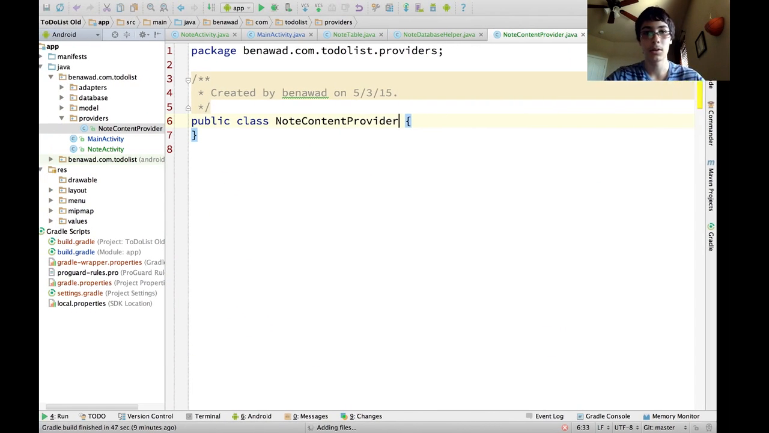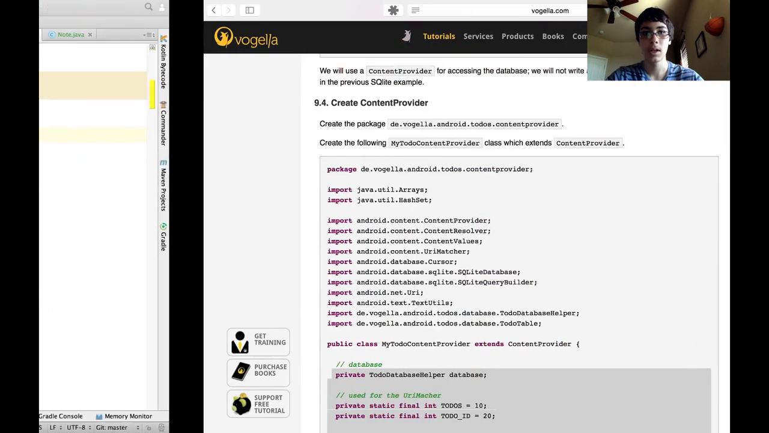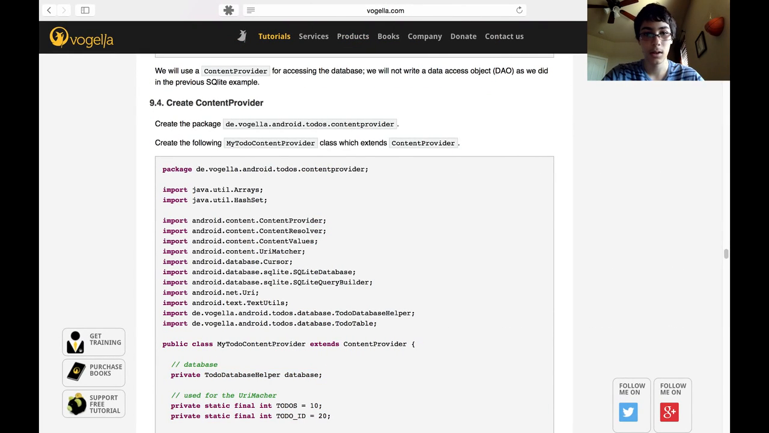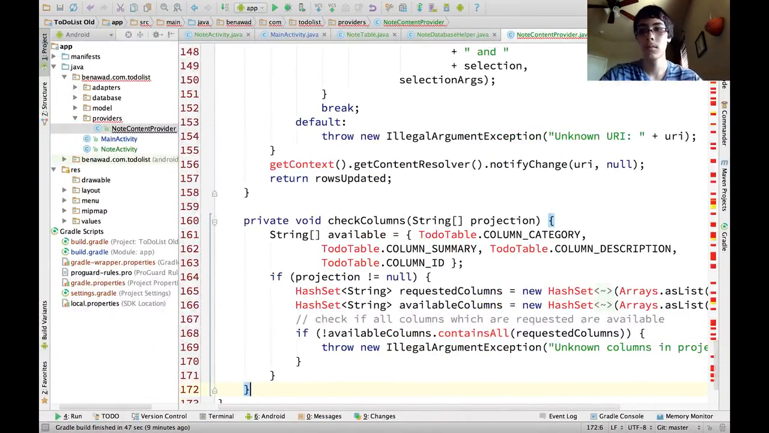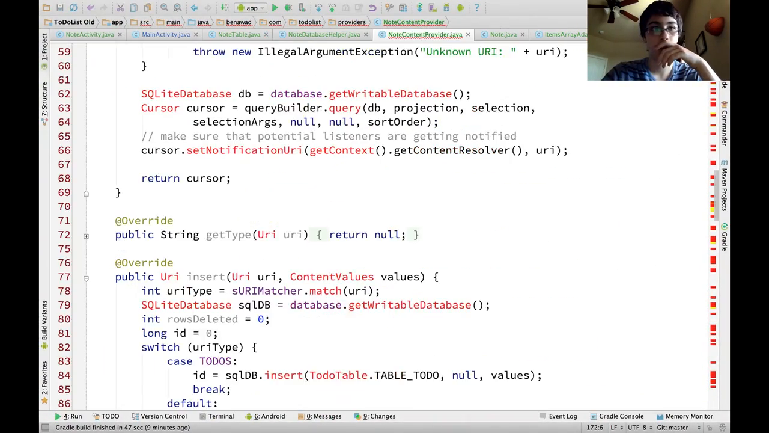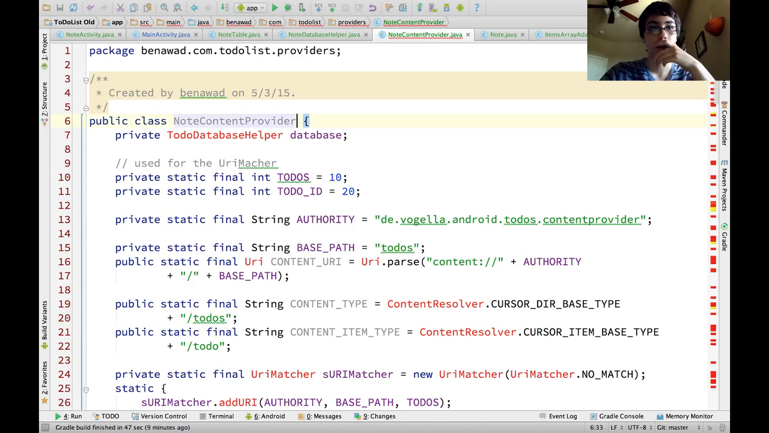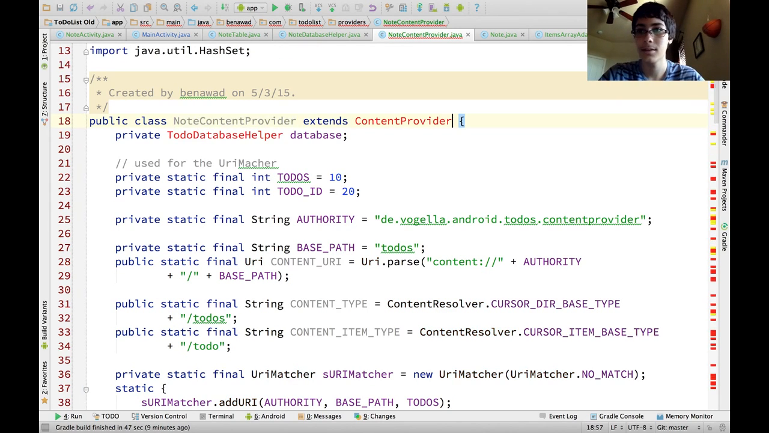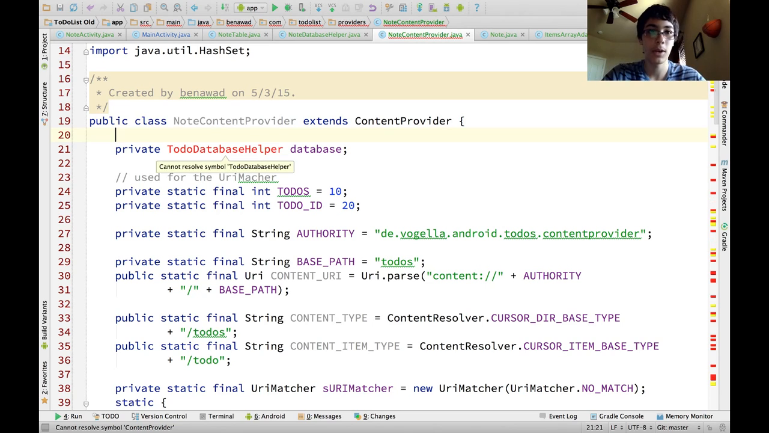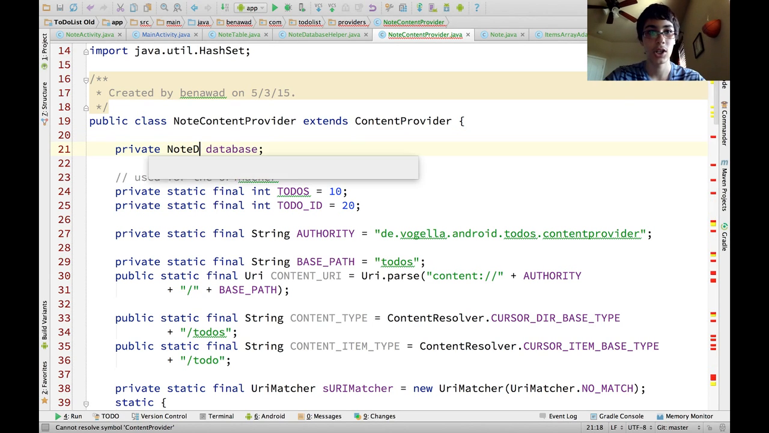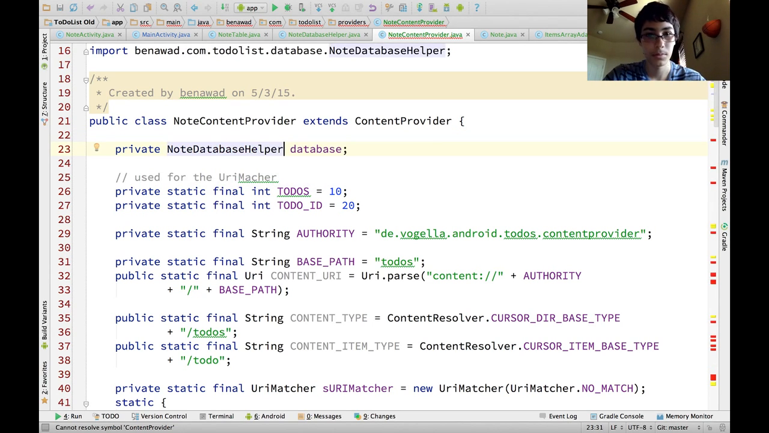And then right in here, we're just going to paste our information. And then we need to extend content provider again. And this is all red right now because it needs to auto import. And then we also need to change a couple things in here. So this just needs to take a second to import. So we call ours note database helper, so we need to change that. And then the authority,